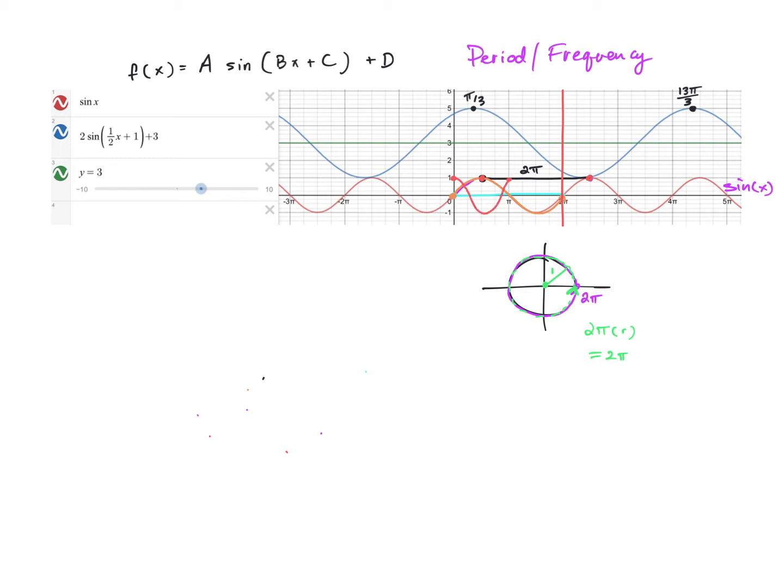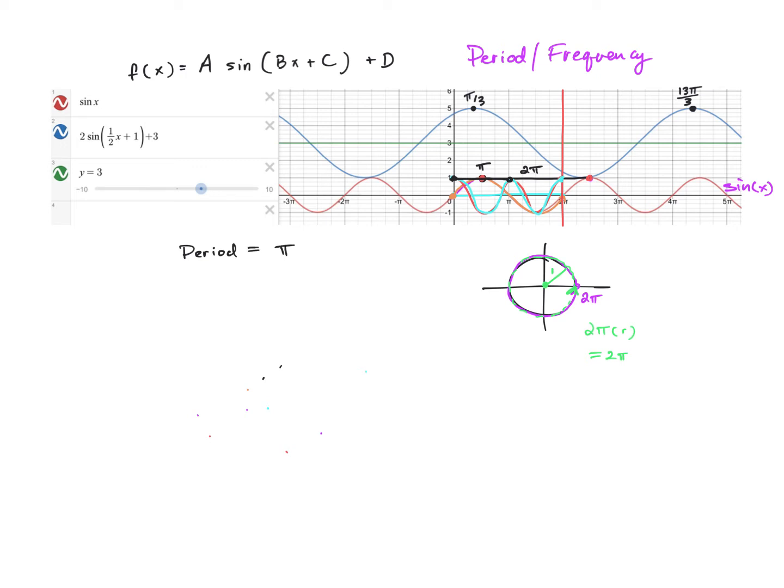Maybe I have a sine function that looks like this here. This is what we're looking at. I probably should have used a different color there. Let me bring this teal out here, or lighter blue. So we're looking at something like this. Now the distance between here and here is pi. So my period in this case